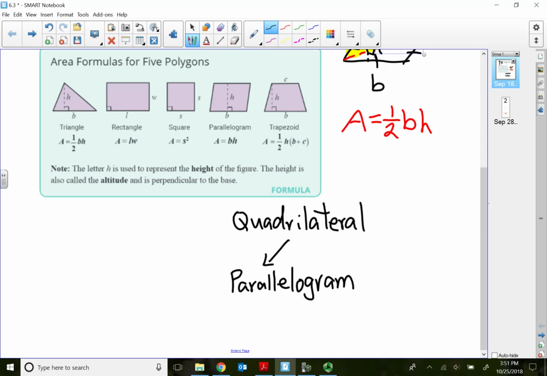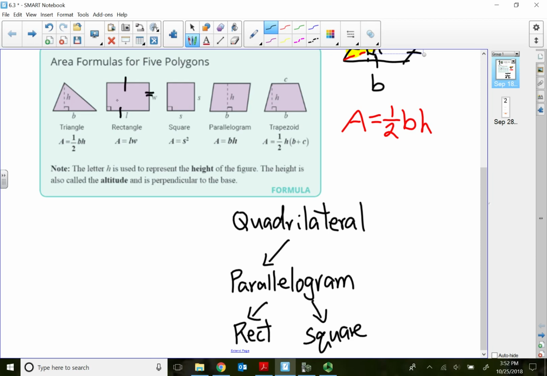Under parallelogram, we have something called a rectangle and a square. The characteristics of a rectangle and a square are pretty much the same as a parallelogram. So when we see a rectangle, all the opposite sides are congruent